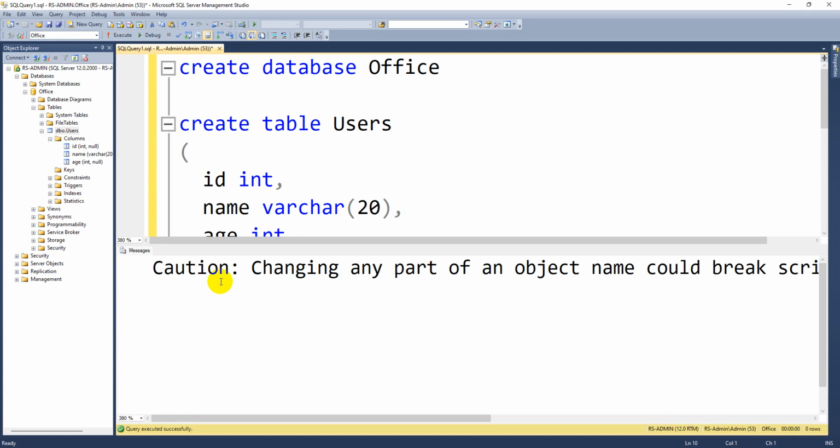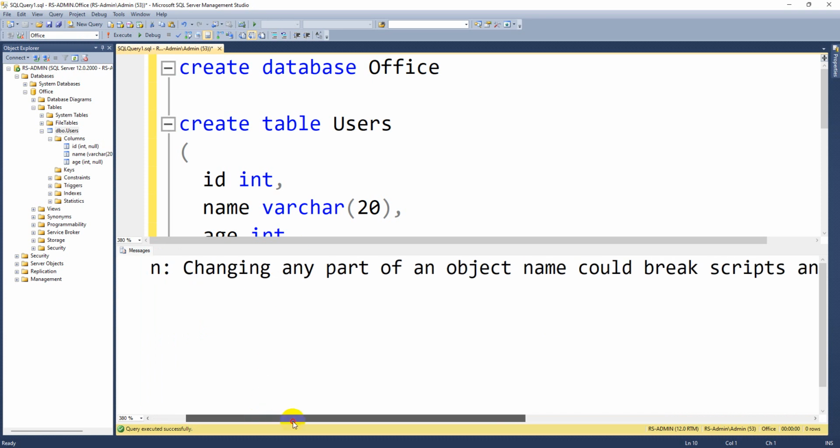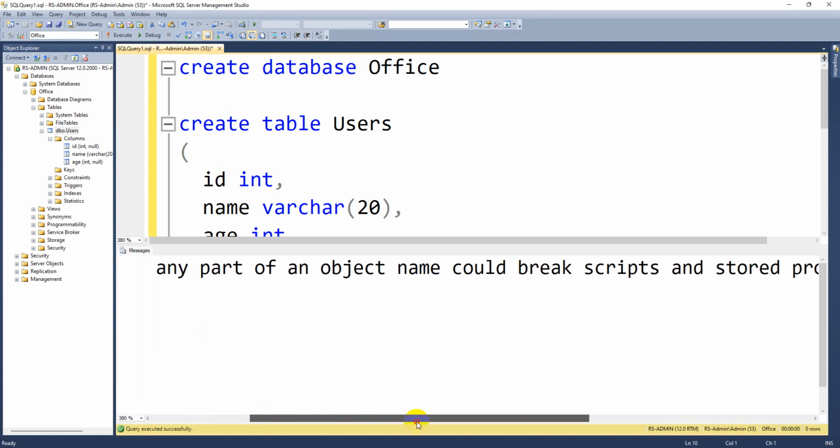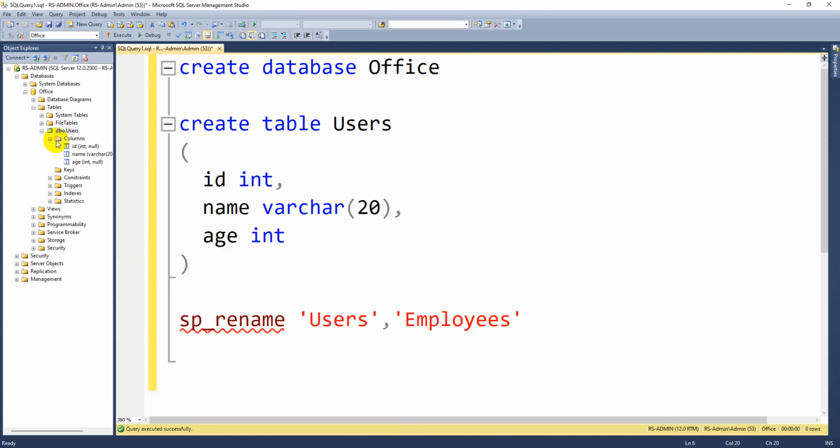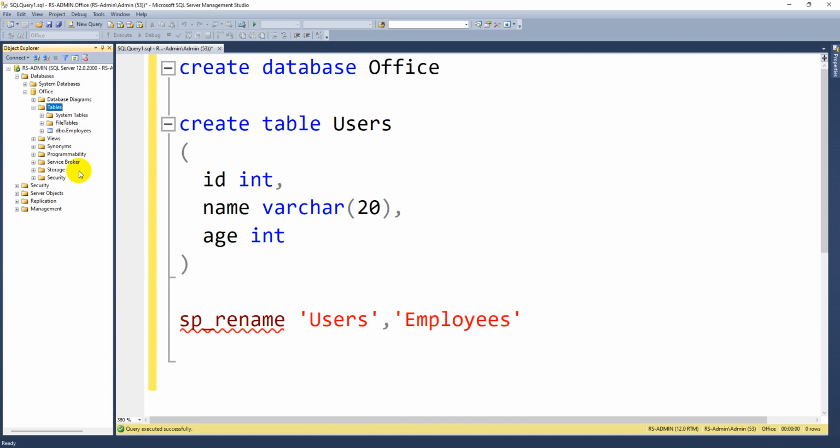So you can see it is going to give you a caution message: changing any part of an object name could break the scripts which are already saved. So there you need to change it manually. But now if you refresh the tables folder, you can see the users table has become employees. So like that you can rename. This is one change you can observe.